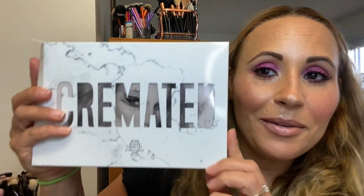So last but not least is this gorgeous Cremated palette. Of course I had to open it up when I first got it. When I first started watching Jeffree's video, I was a little scared, I guess. I couldn't believe that it was just a palette of light grays. And when I first saw gray, I was like, oh no, how many gray tones can there be? And when I saw it on his channel, my first thought was I have to have it. I'm collecting Jeffree's palettes. But when I actually saw it in person,